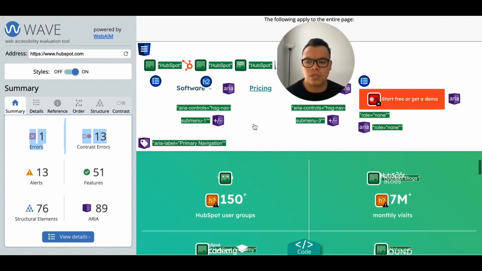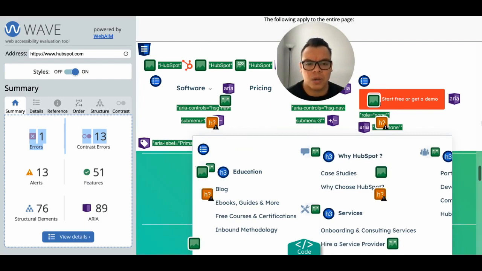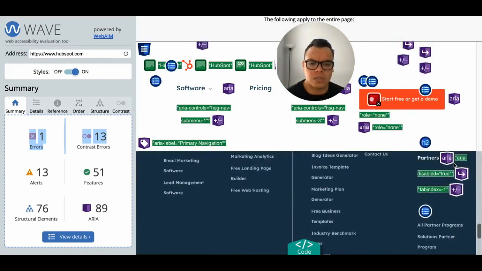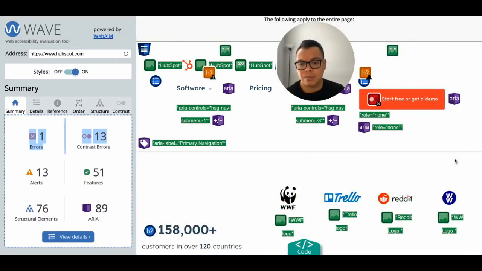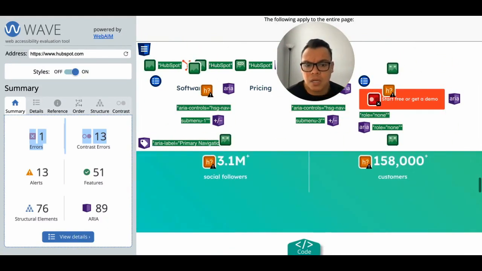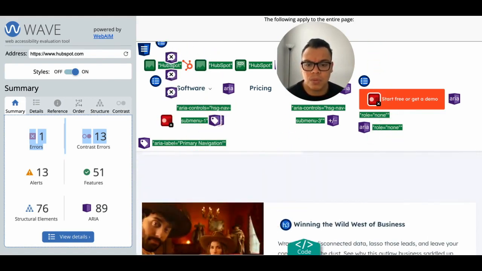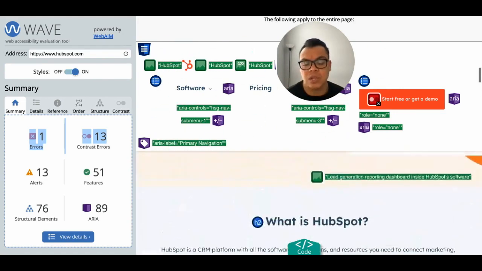And it has to be said that this is just a tool. Sometimes the contrast or the errors that it flags are not necessarily ideal or perfect. So overall, I would say this website for HubSpot is pretty accessible, again, without having a disability, but from a distance. It seems that it has enough components to be accessible,